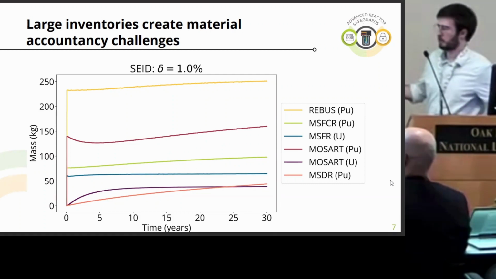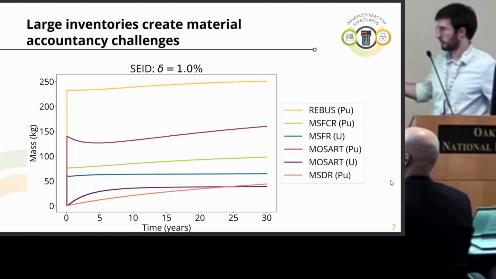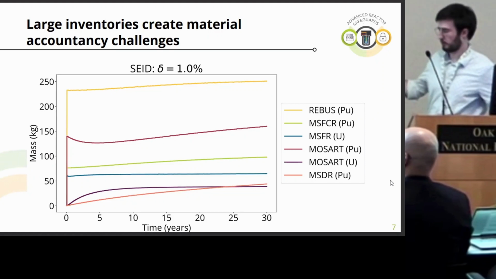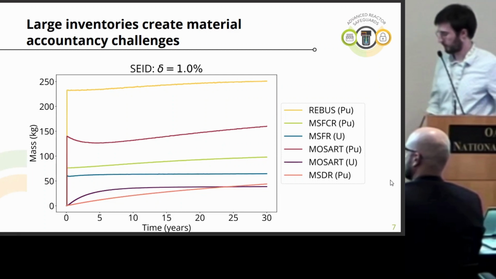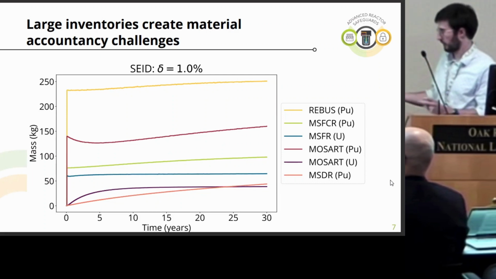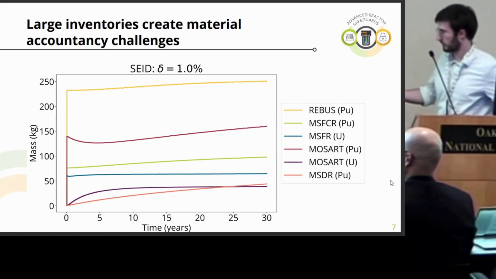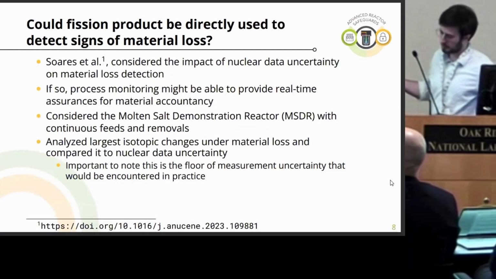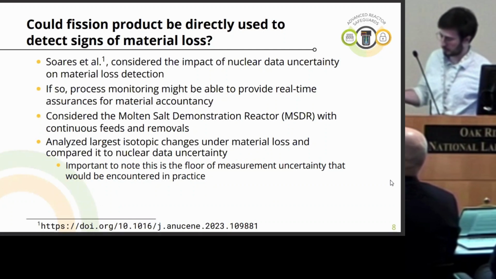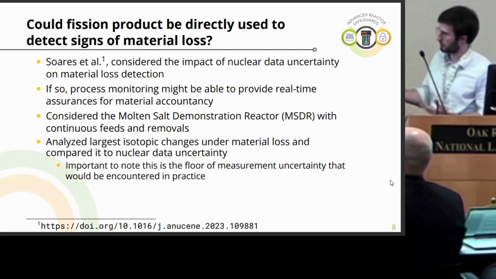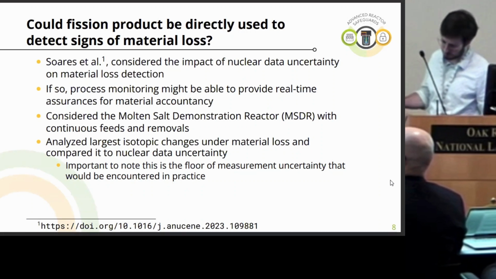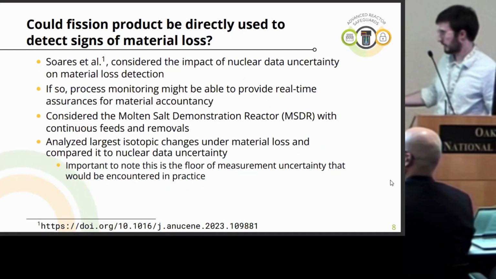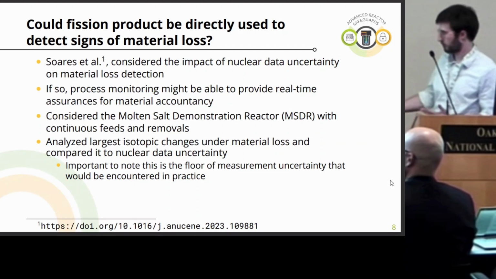And so that's kind of the key challenge here, that traditional material accountancy is probably not going to work for large scale commercial reactors in the traditional sense of hitting some sort of SEID target or a sigma MUF or something like that. So what I'm going to do here is go through a couple papers where the community thought about different ideas about how we might ensure that these reactors are operating as we expect, to tee up some of these subsequent papers that actually present an MC&A approach for liquid fueled